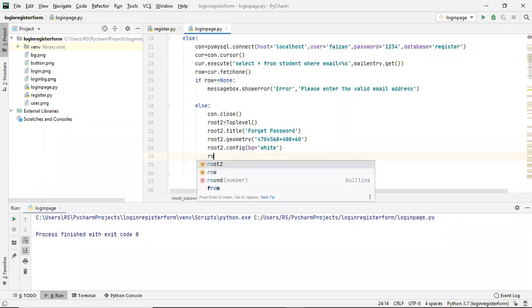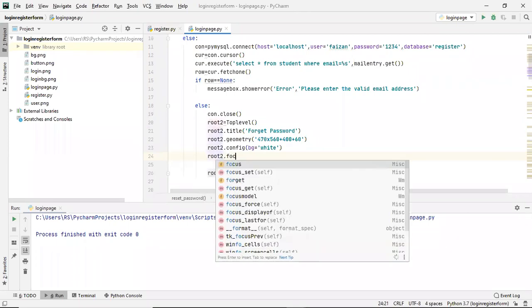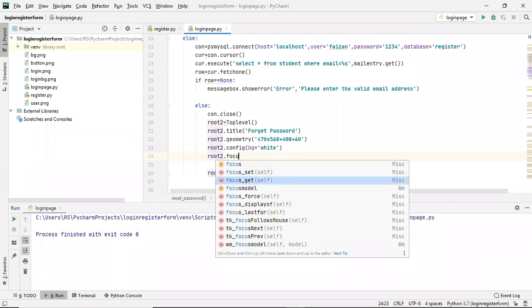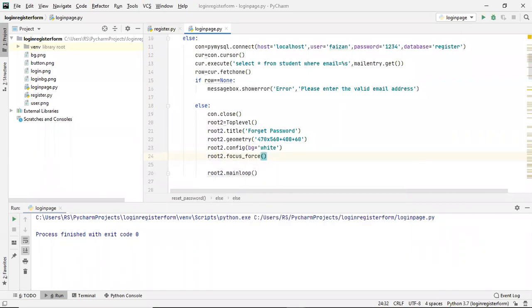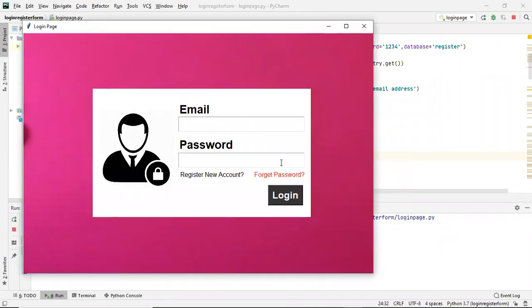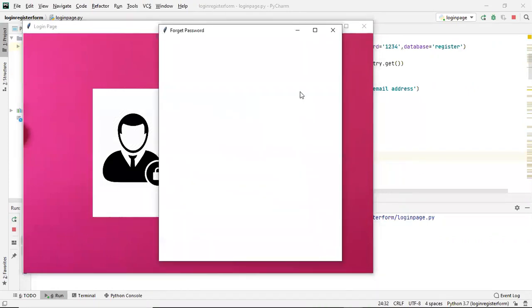I'll have to write root2.focus_force(). This focus_force method will provide focus on our window. If I run this to show you, see, now there is focus on our window.